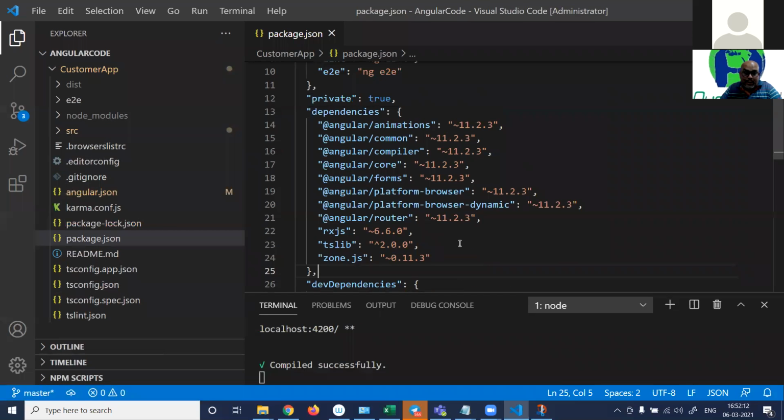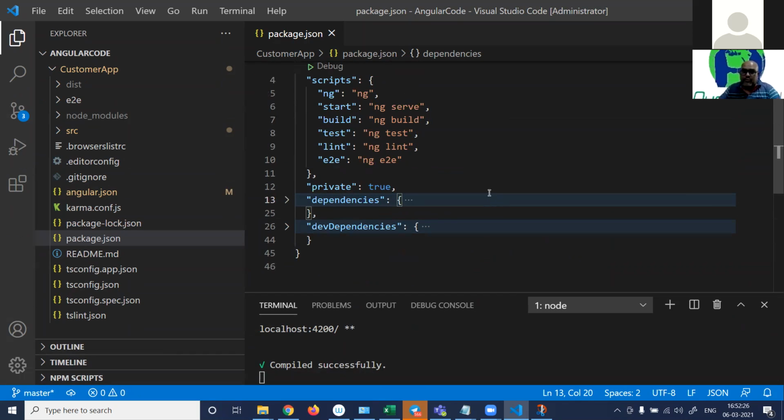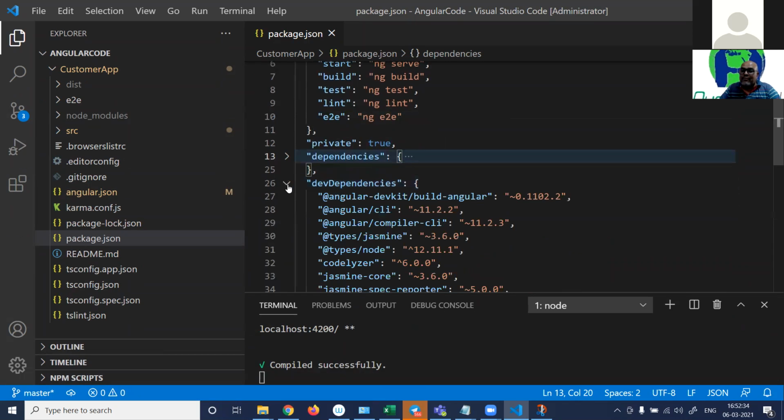So you can see in the package.json, very clearly it says what is the version of Angular. Now, there are two things here. One is dependencies and one is devDependencies. When you see a package.json file, you will find a couple of things out here. But the first important thing to notice, it has dependencies and it has devDependencies.